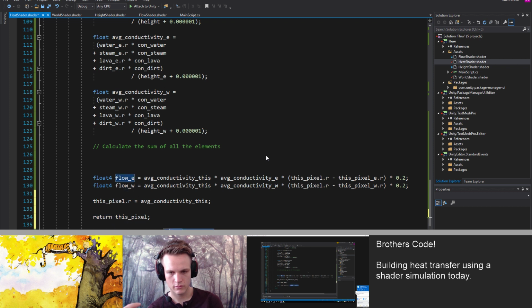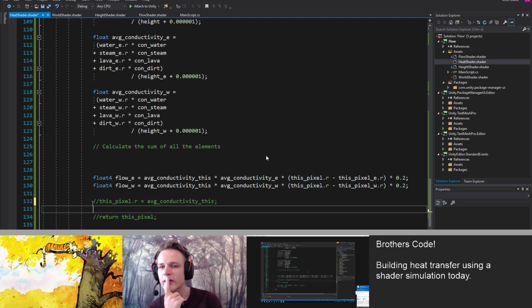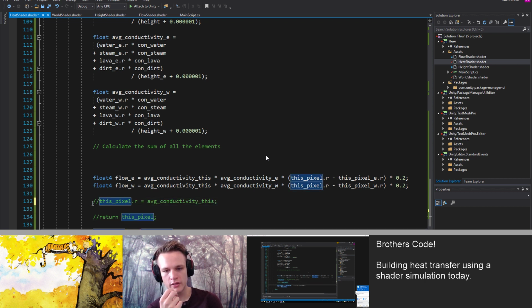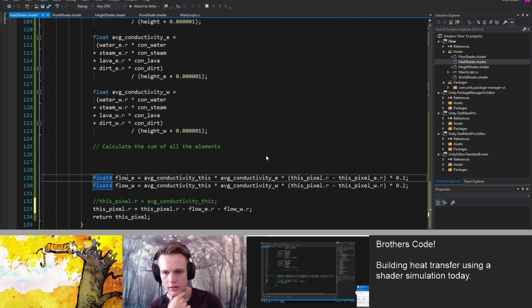That's interesting. What was I doing here? I mean, we were flowing heat, right? That probably makes a difference because it was probably the flow east. Flow east had more components in it, right?